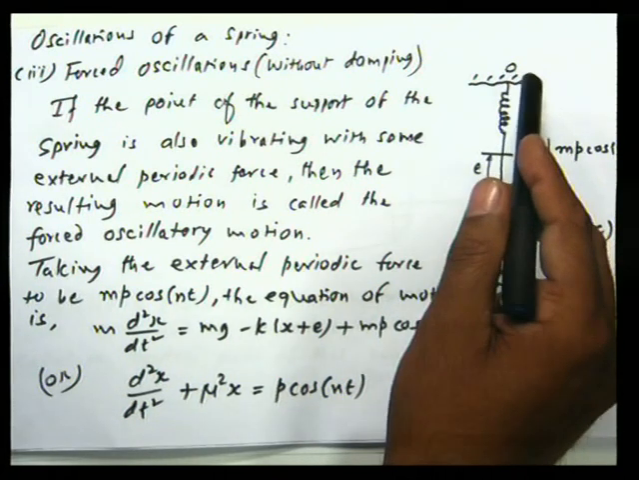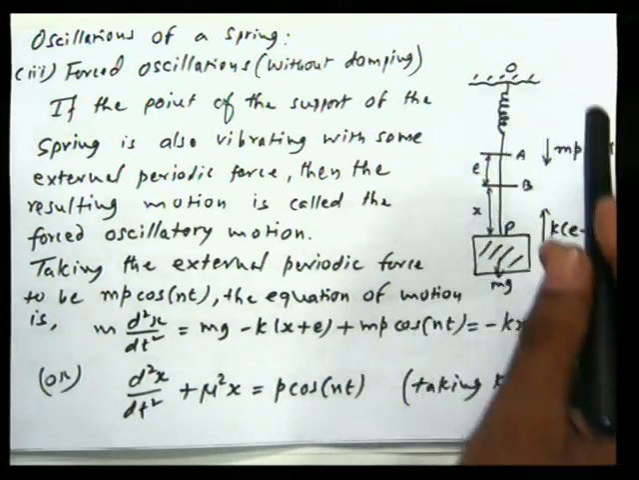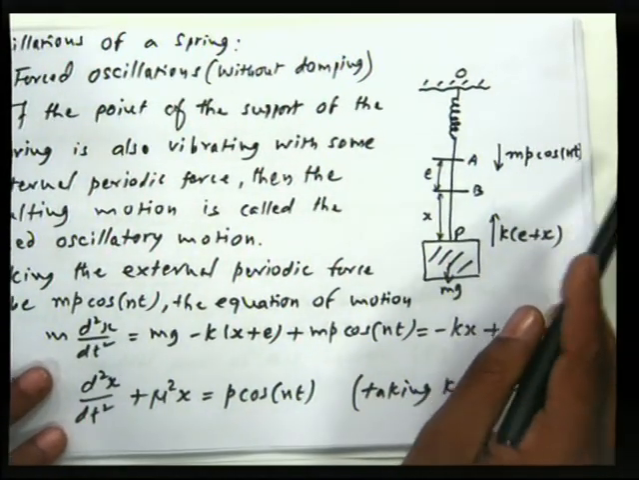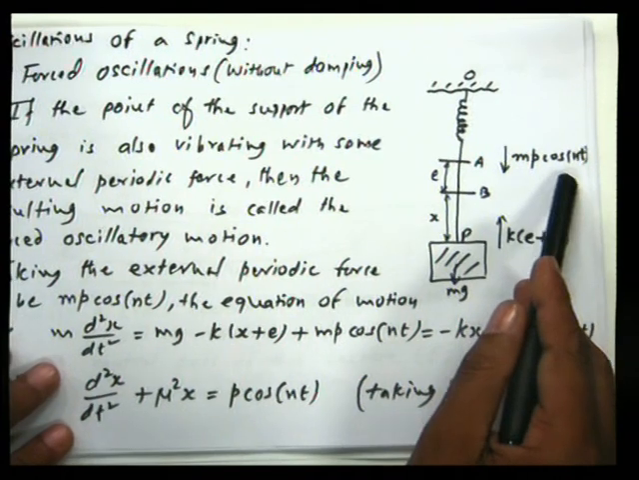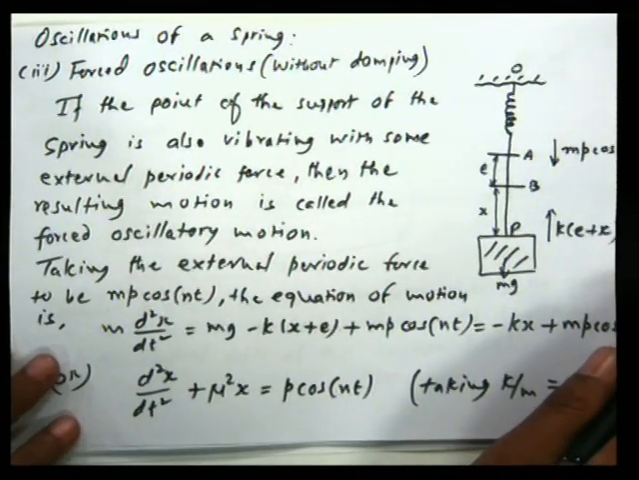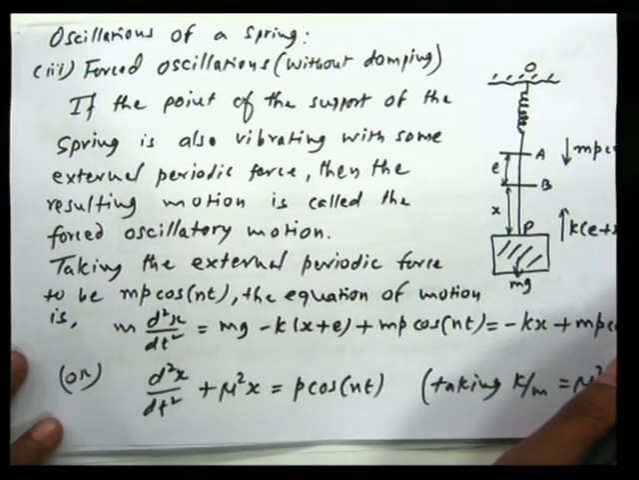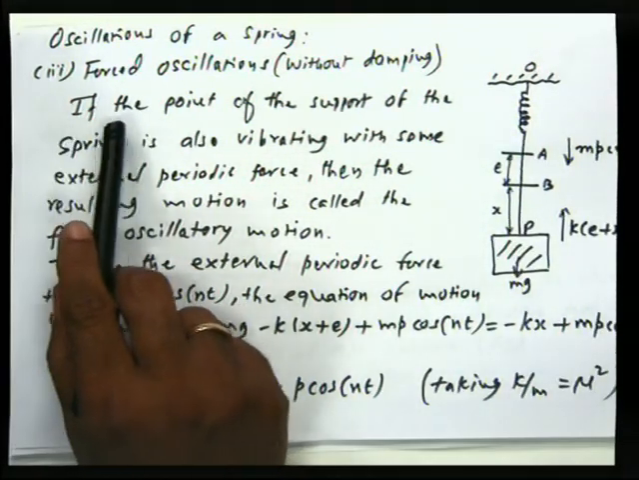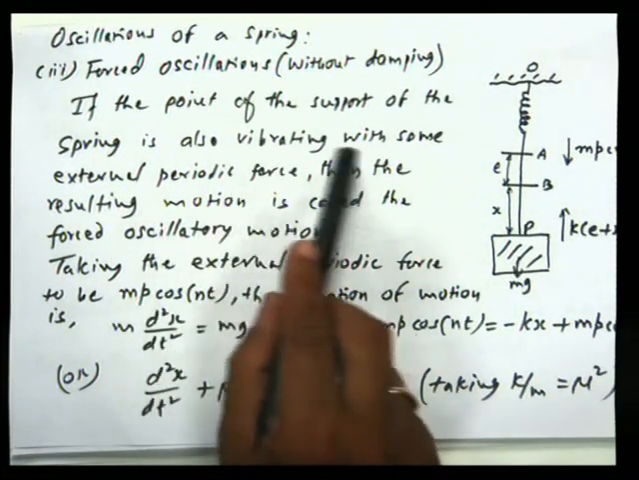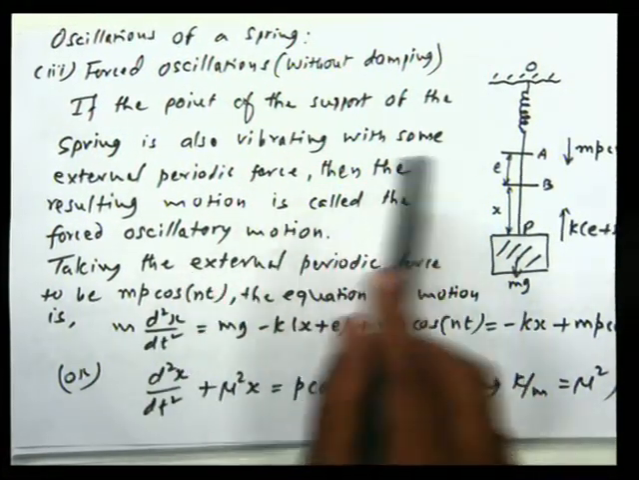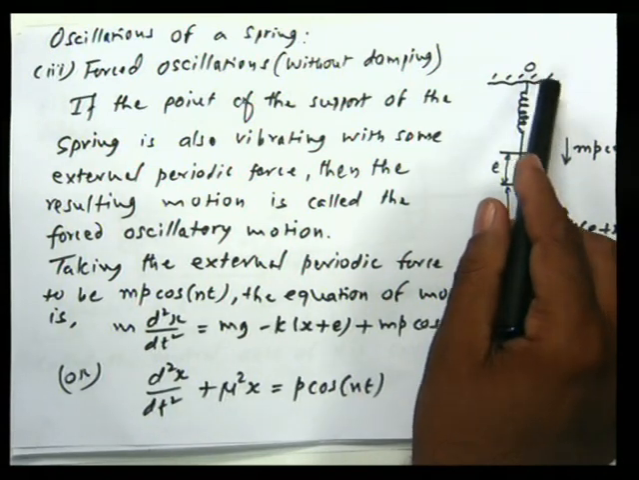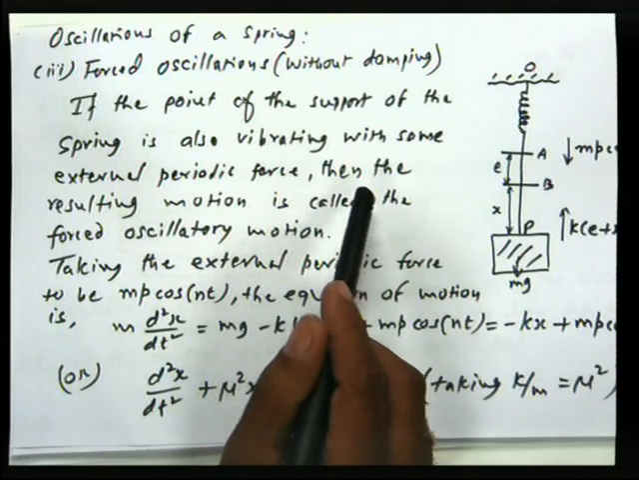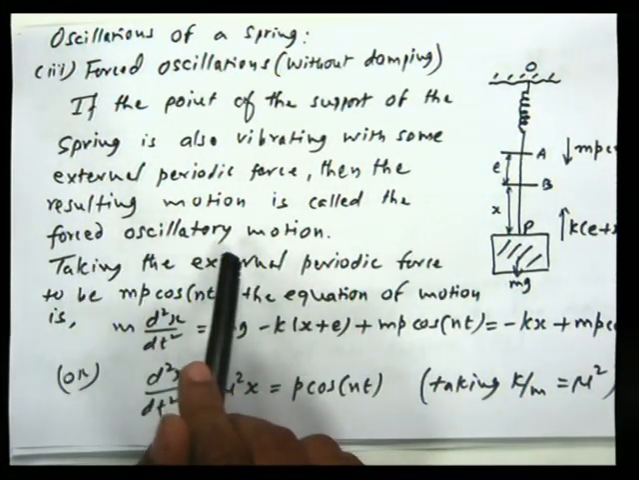The vibration here is in the form of this function. It is say mp cos nt, right. So let us consider the whole situation. If the point of the support of the spring is also vibrating with some external periodic force, that is this one, and the external periodic force we have taken as mp cos nt, then the resulting motion is called the forced